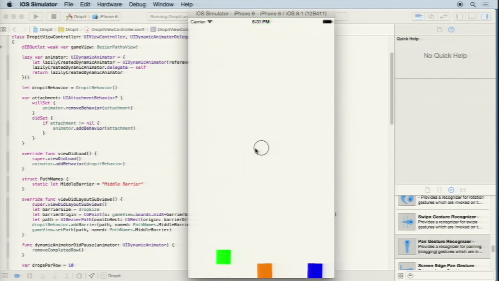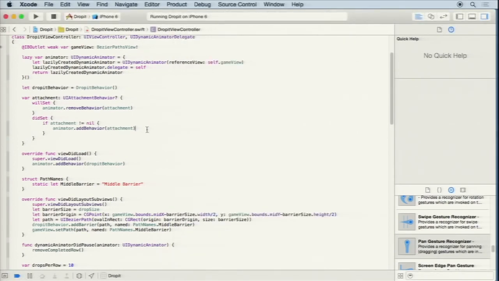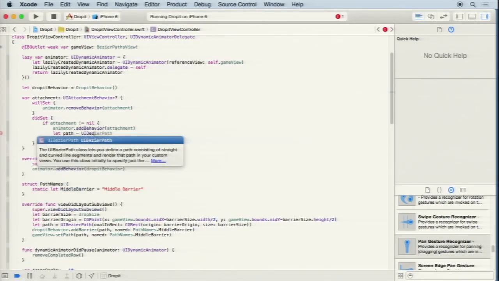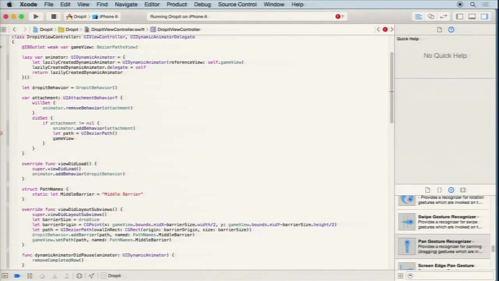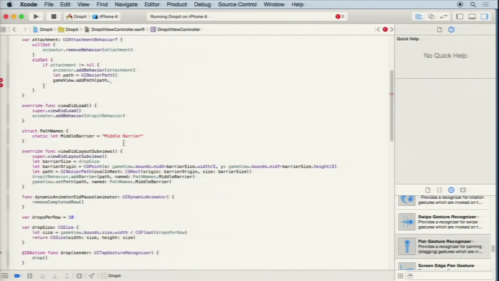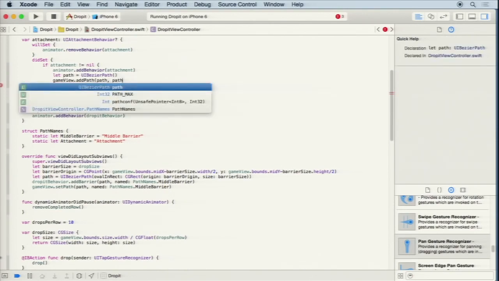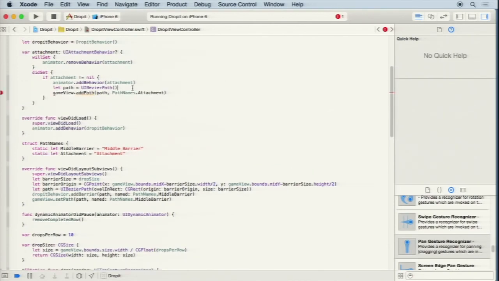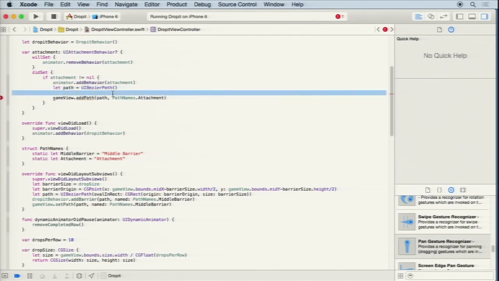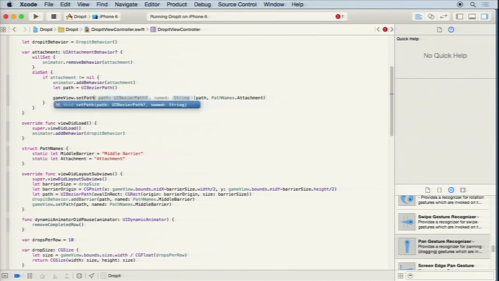And we can because we have this nice view that makes it easy to show a path. So really what we need to do is we just need to say let path equal UIBezierPath. And then we just need to say gameView.addPath, this path, which we're going to have to create. And then again, we need a name for it. So we'll call this the attachment path name. Attachment, like that. Okay, so PathNames.attachment. Okay, so really all we need to do is create that path in here. Okay, that path between the attachment point and the set path. We just need to create this path that goes from the attachment anchor point to the middle of the